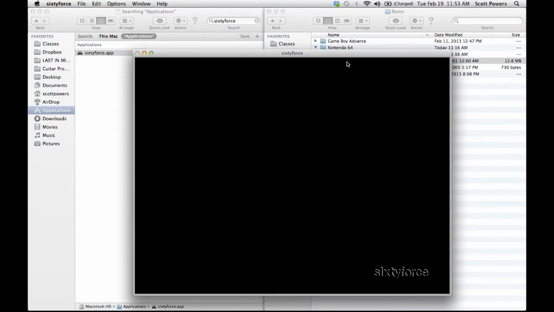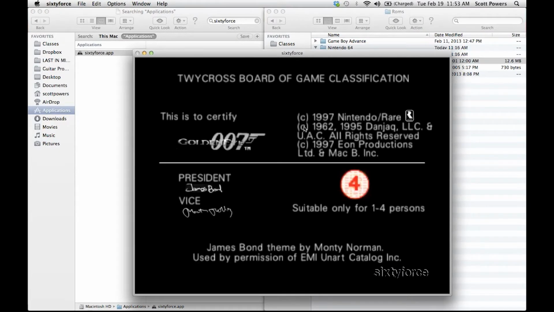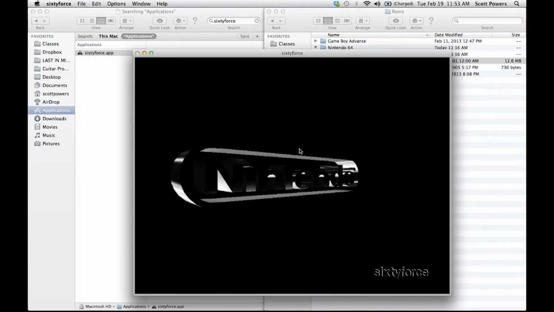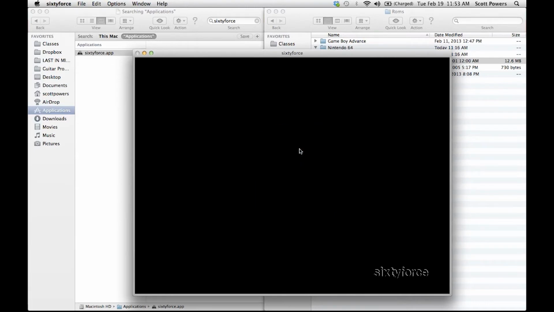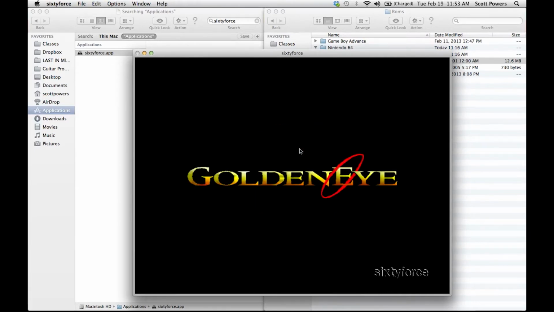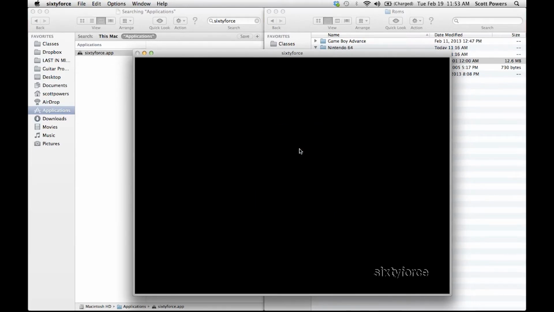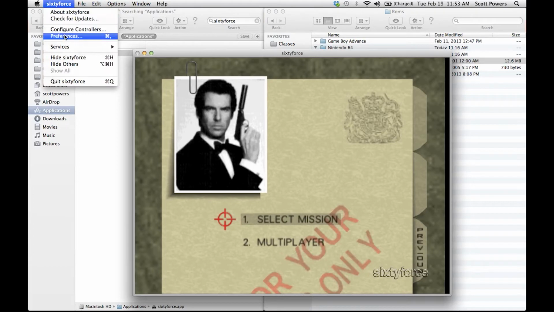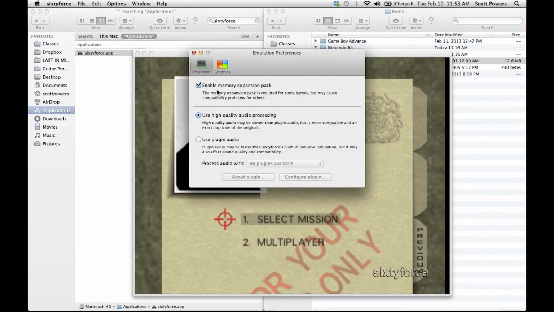Now after it's done downloading, locate where you saved it and double click on it. It should open up by default with SixtyForce and load the game that you downloaded. If you click on SixtyForce in the File menu, you can click on Preferences, and from there you should be able to adjust the emulation settings, like the high quality audio processing settings or the graphic settings,